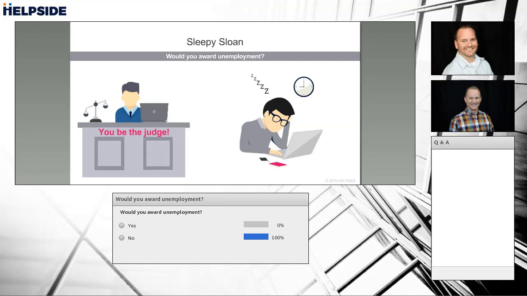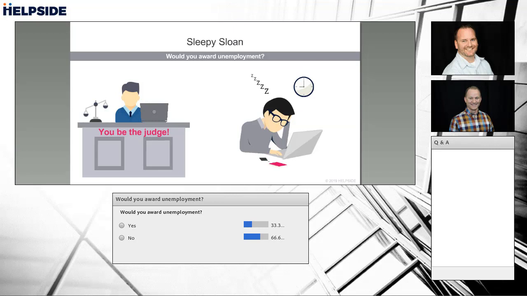All right, we've got some votes coming in already. Judges, tell us what you would do. So it looks like so far everybody's guessing no, they would not award unemployment. They've been doing everything we've been telling them. Progressive discipline, document it, this is for cause. Oh, now we're going the other way almost. Some people are saying, wait a minute. Maybe they hear something in our voices and think, I got to change my answer. Again, they're suspicious. Wait, these guys always try to trick us. Their favorite answer is it depends, and maybe, and things like that.